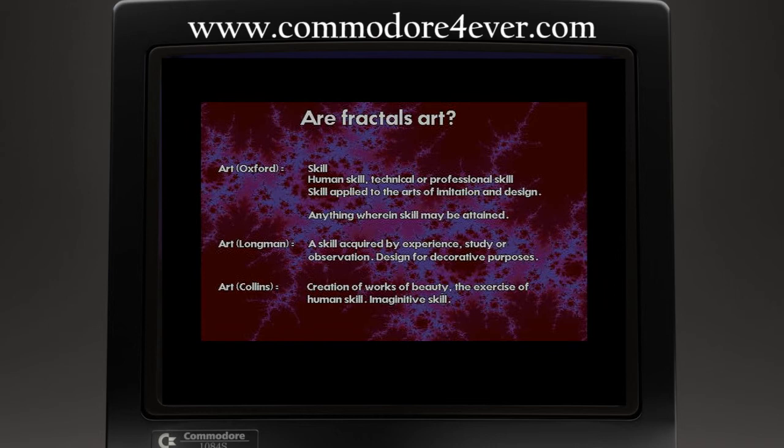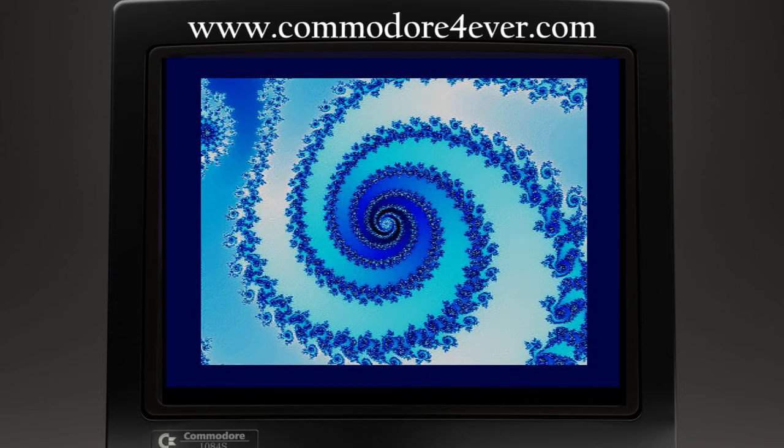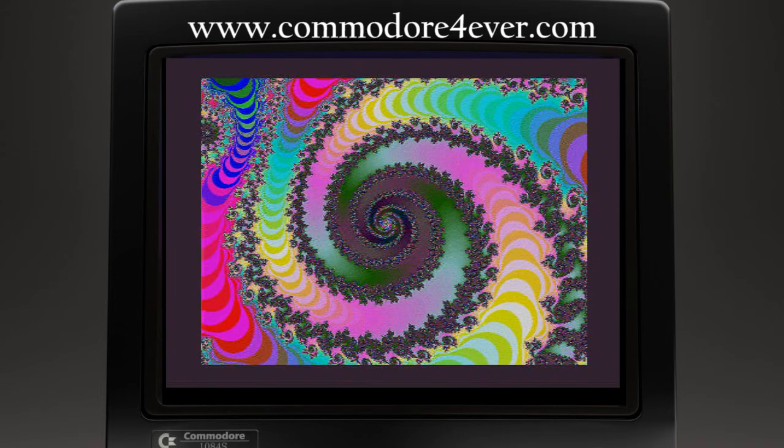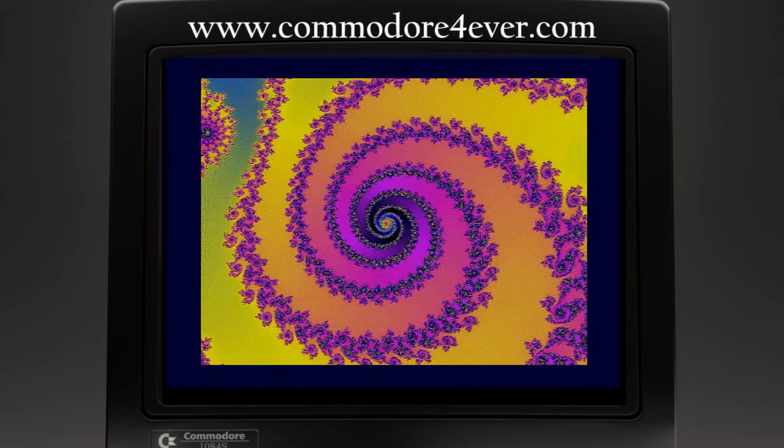After the picture has been generated, artistic skill can be further deployed to determine the colors to be used in the display. The palette used will have a profound effect on the final picture. For instance, here is a set of variations on color only. The picture elements remain the same throughout. Notice how changing the colors affects the mood of the picture. It is sometimes difficult to imagine that they all derive from the same Mandelbrot plot.